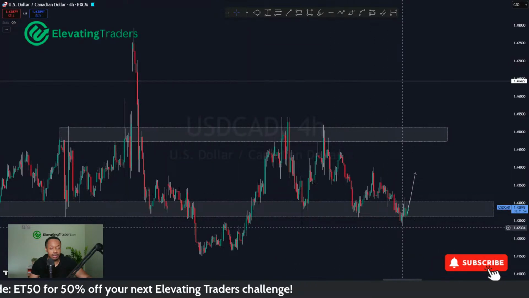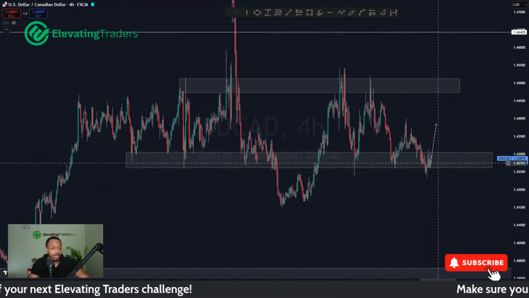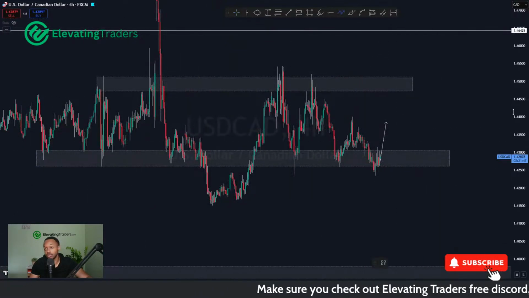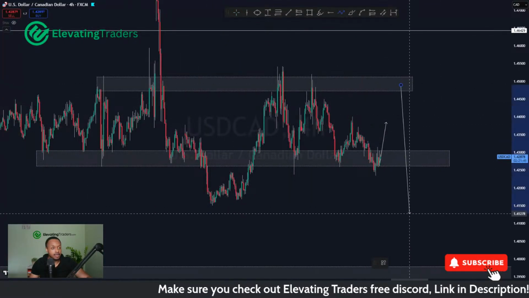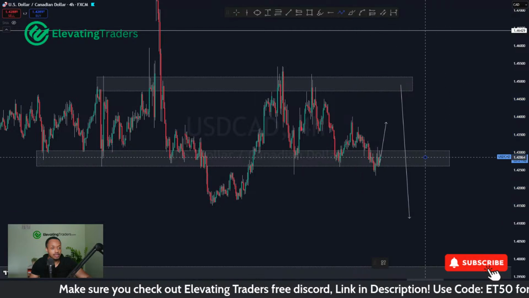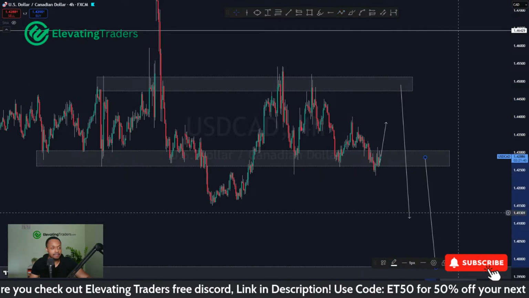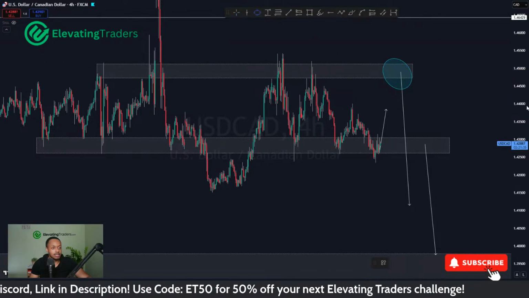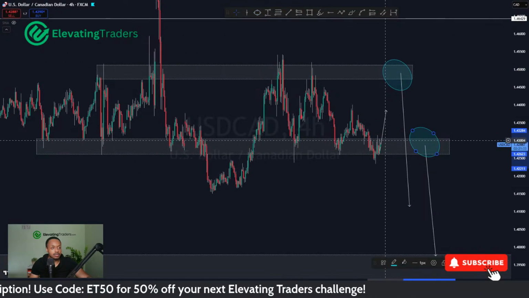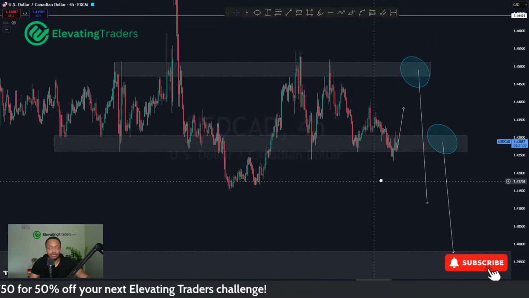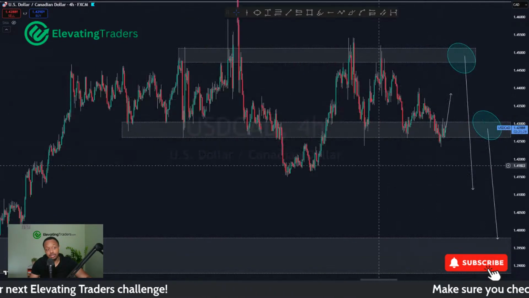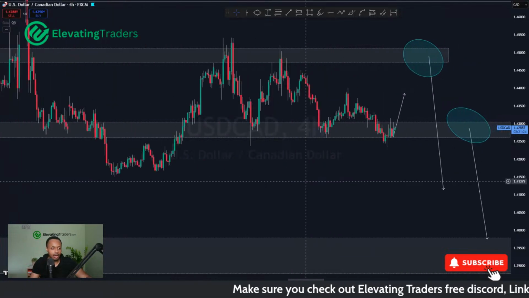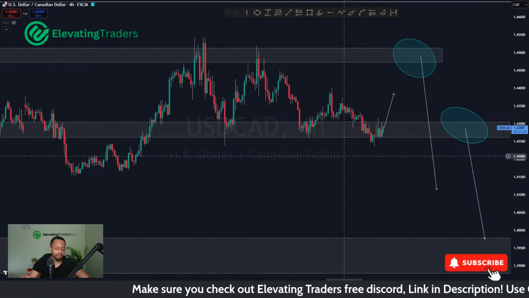I think stops below that low, actually a nice place for a stop loss, and you might catch a nice reaction. I'm already too interested with the long, so I'm not really looking for a buy because I think the bigger move is to the downside. So I'm just going to focus my efforts there. But these are the areas I'm looking for selling opportunities. So see if we pull back into the high or we have a break and retest. At the moment, still support is holding, so we might see a bit of a bounce there. But not as interested in that opportunity just yet.